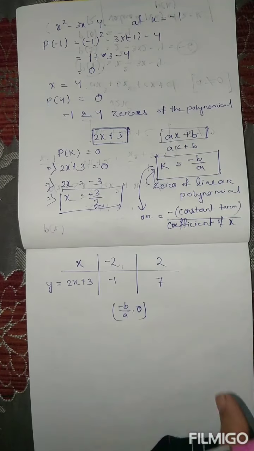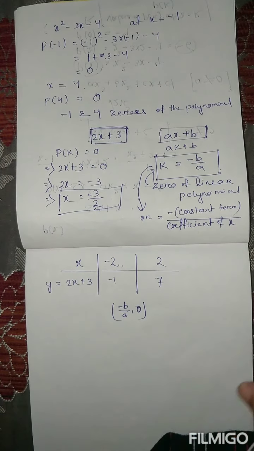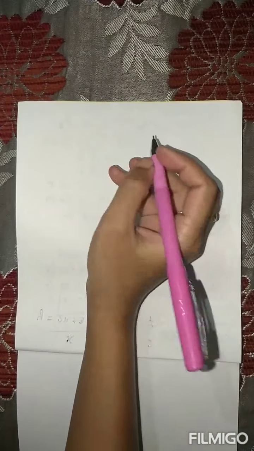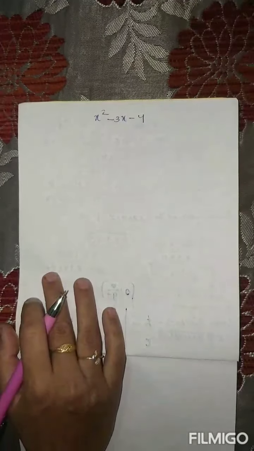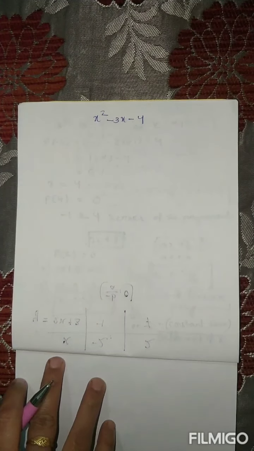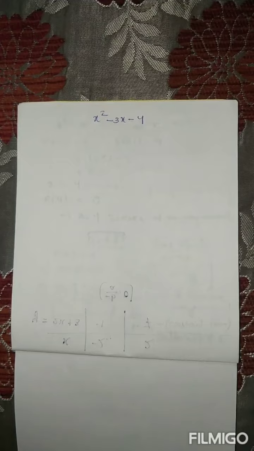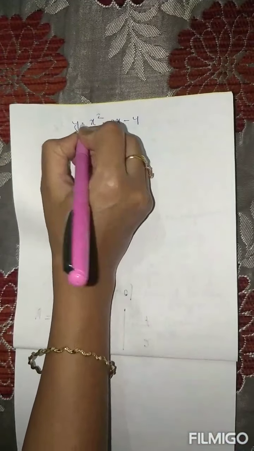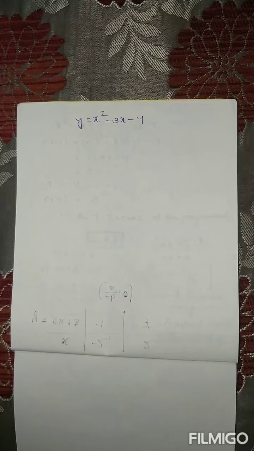Okay, today we will learn the quadratic polynomial and the graph of a quadratic polynomial. Today we will learn the geometrical meaning of a zero of a quadratic polynomial. Suppose we take an example of a quadratic polynomial here. Suppose I take x square minus 3x minus 4. Let it be y, so y is equal to this much. How does the graph of this polynomial look like?